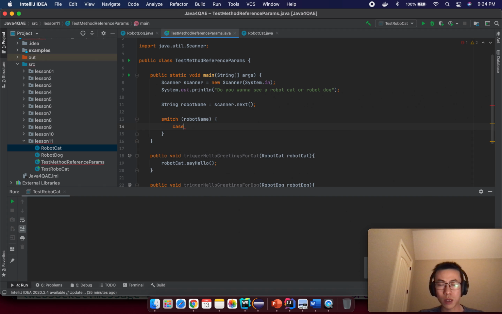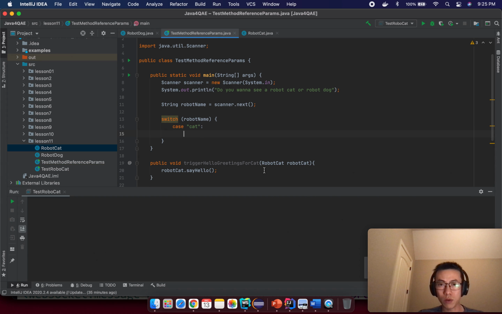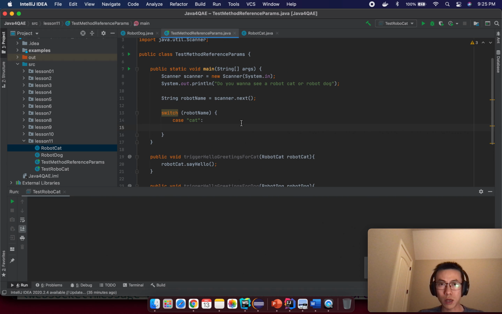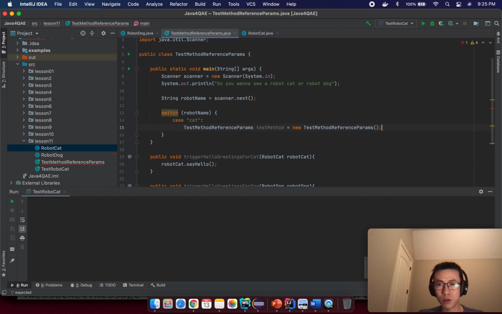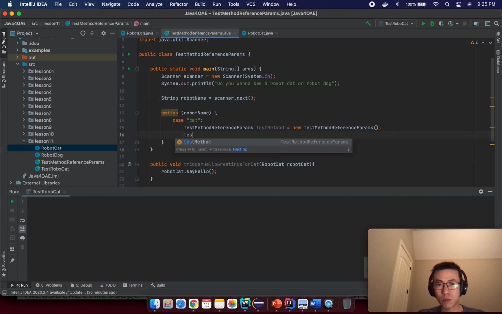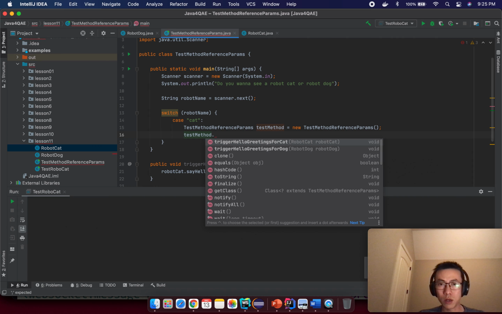So case the robot name is cat. I will do something like test methods equal new test methods class here, and then I will call test methods dot trigger hello greeting for cat,